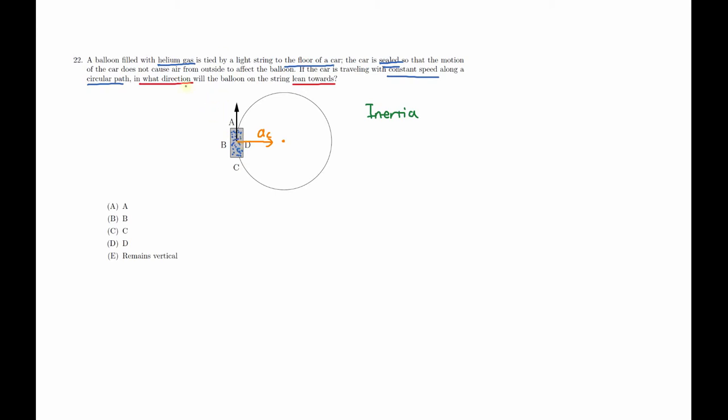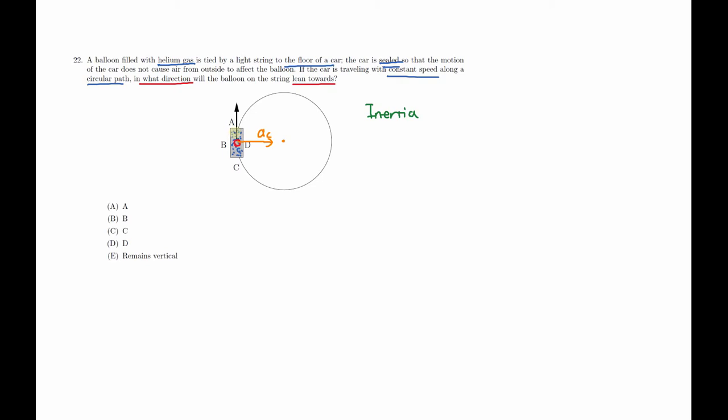And you also need to know the helium gas is much lighter than our oxygen and nitrogen gas. So what happens is that when the balloon is attached to the floor of the car, the balloon is actually floating above the floor. And that's what happens when you do not have the centripetal acceleration. Now what happens is that as you apply the centripetal acceleration of the car to keep the car moving at constant speed,